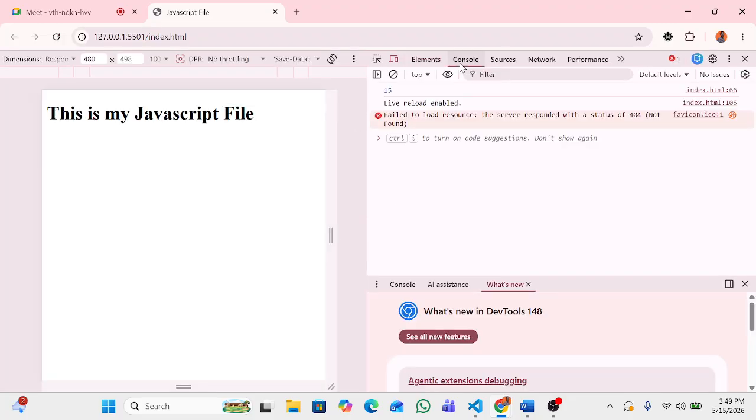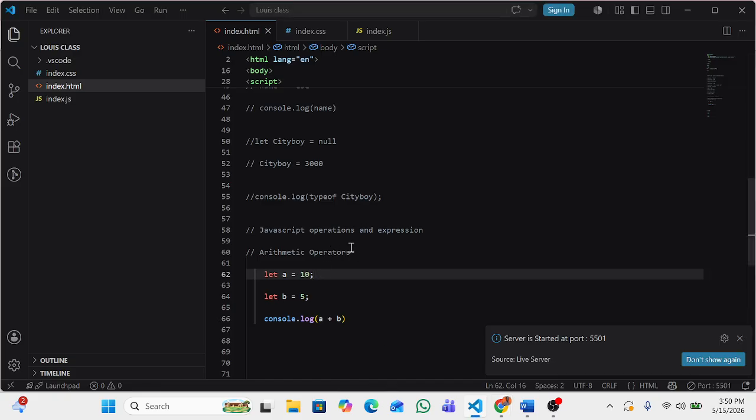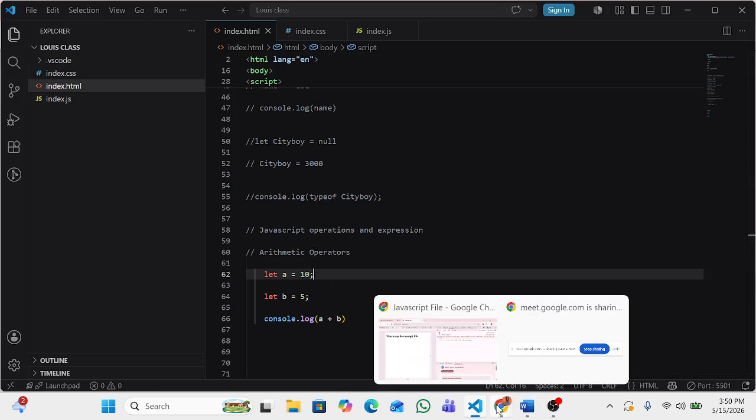Inspect, and I come to my console. Can you see the result? The result is 15. So that's what I'm trying to tell you: when you are doing arithmetic operations, or performing any operation in JavaScript, you are using